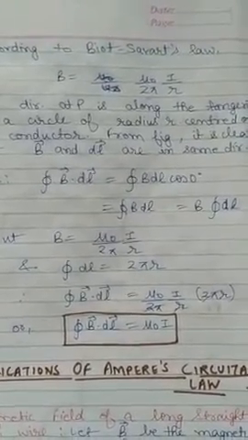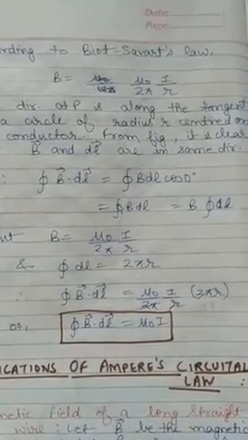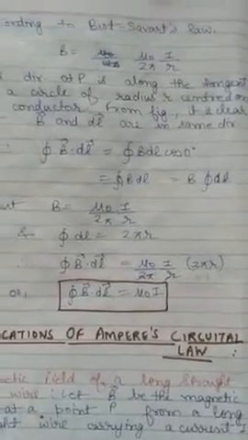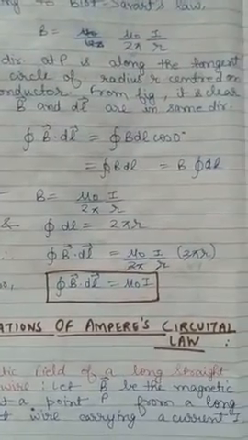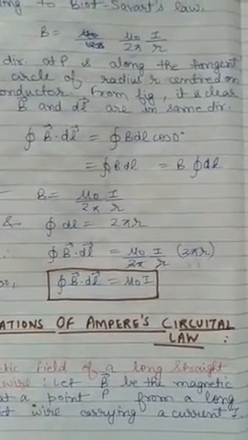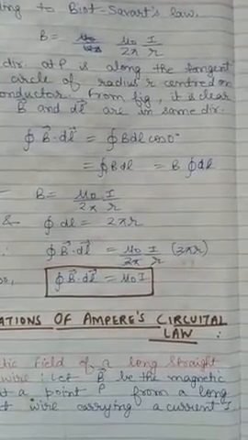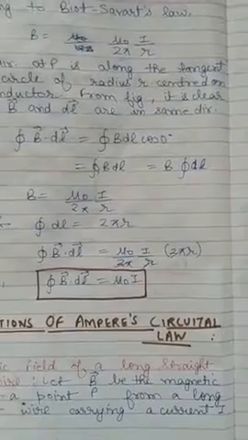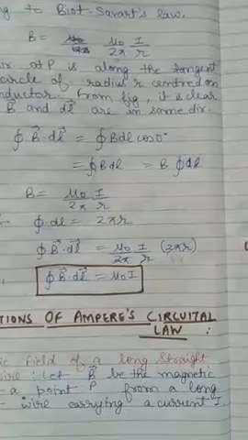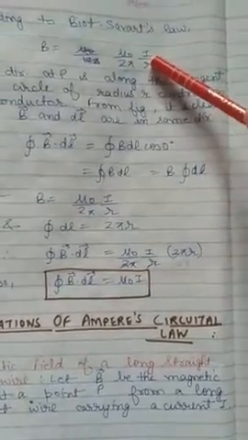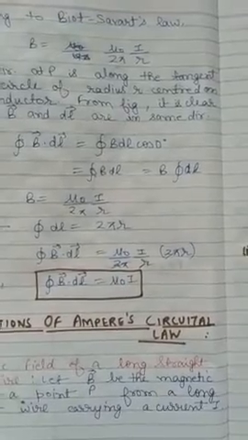Now we'll see the applications, because this will help us find the magnetic field very easily. Like in Gauss law we saw finding the electric field for an infinite line of charge, an infinite sheet of charge, and a spherical shell. Here we'll find it for a long straight wire, which we found earlier using the Biot-Savart law. Now by applying Ampere's law, we can very easily find the value of the magnetic field, this formula. Also we'll find the magnetic field for a long straight solenoid and a toroid.